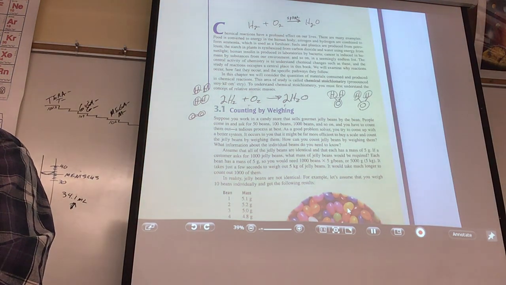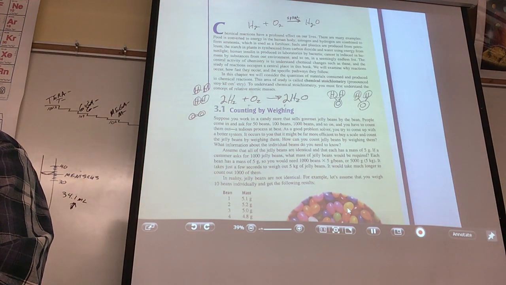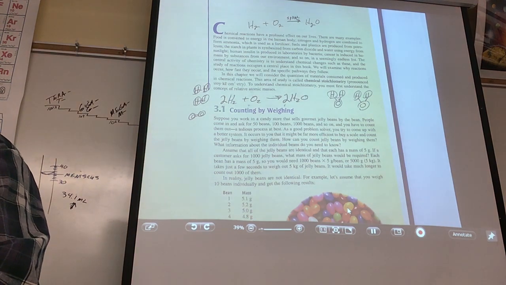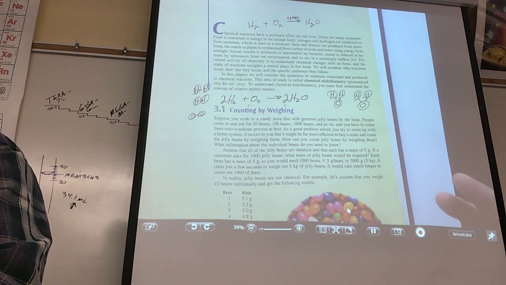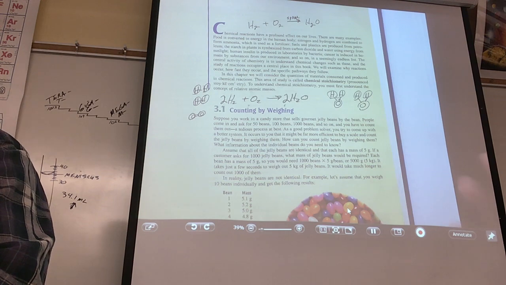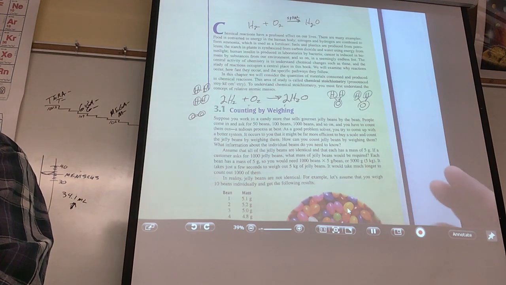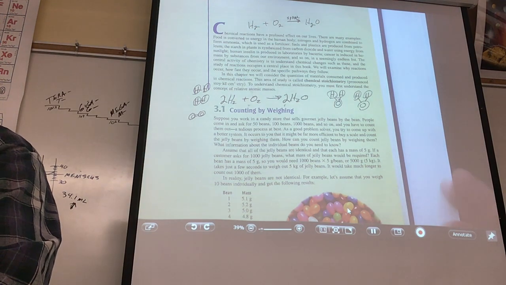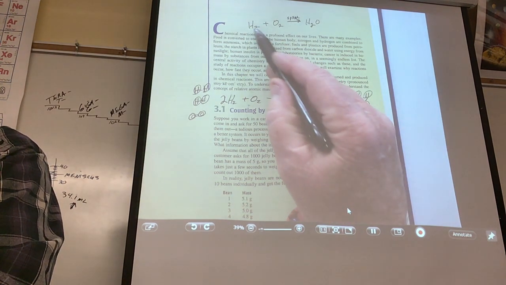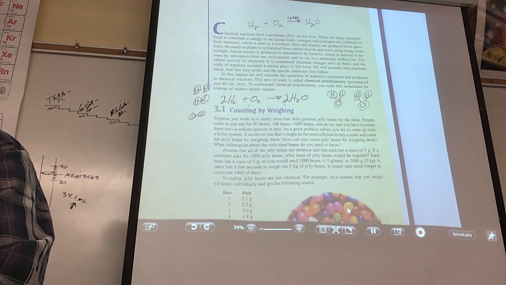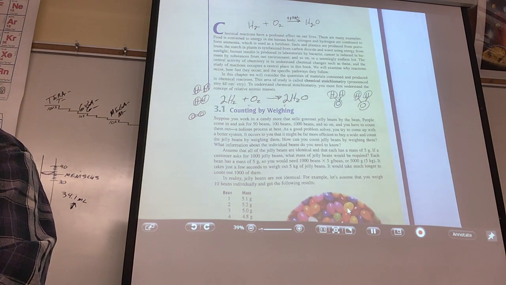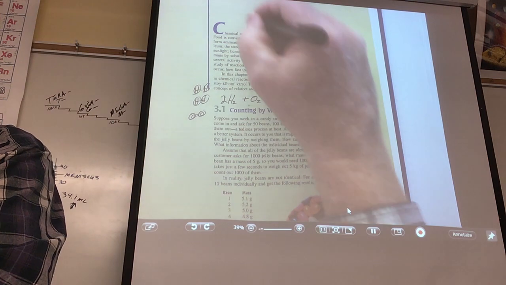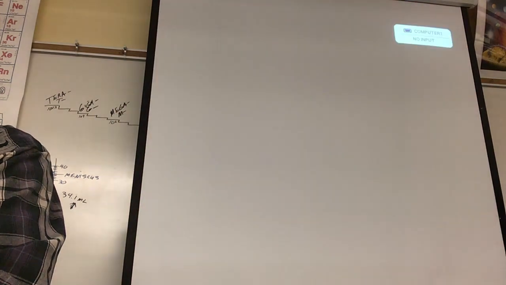Now, if you look at this right here, let's say that they identified a gas as hydrogen, they identified the other as oxygen, they put them together, a big explosion, they got water, and they said, well, you know what, hydrogen and oxygen makes water. But see, the problem is, we eventually had to figure out that there were diatomic elements. We didn't know that one time. And then the next thing is, this wouldn't make sense. If I were to draw one of these,